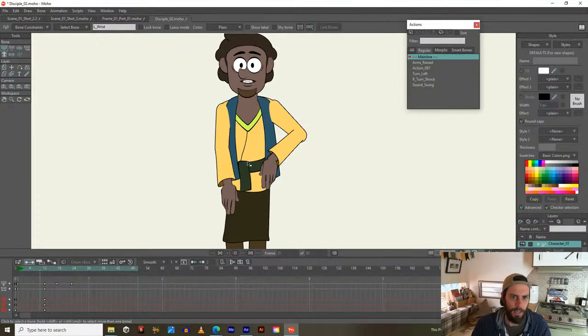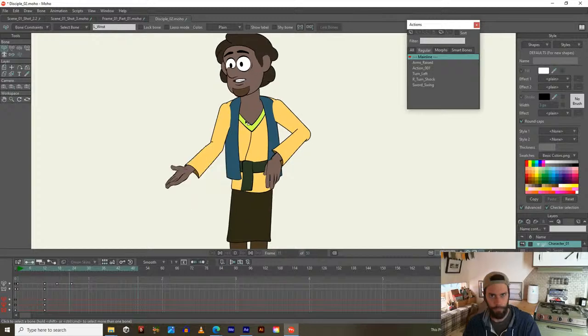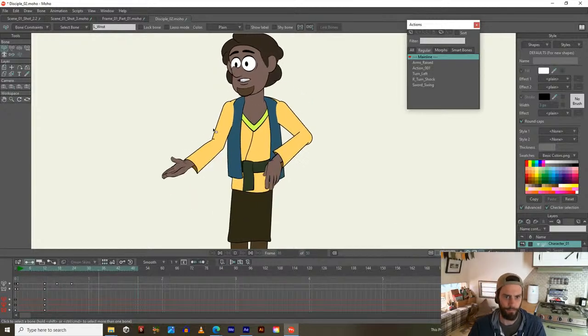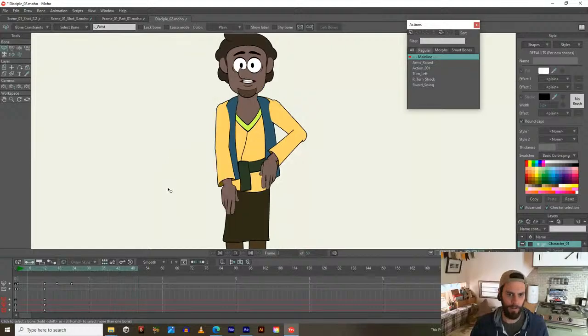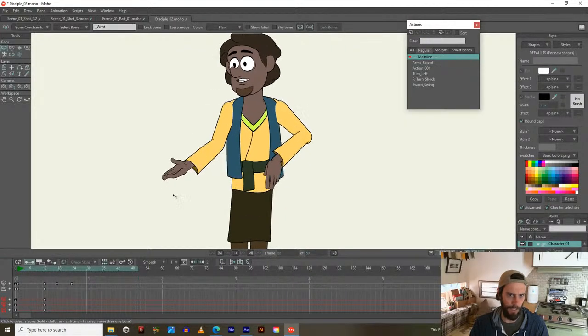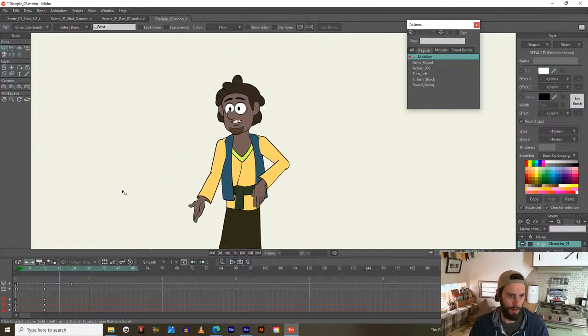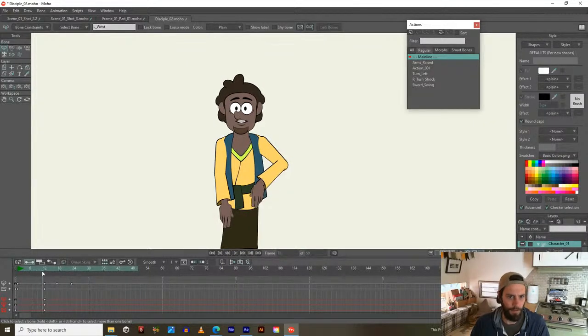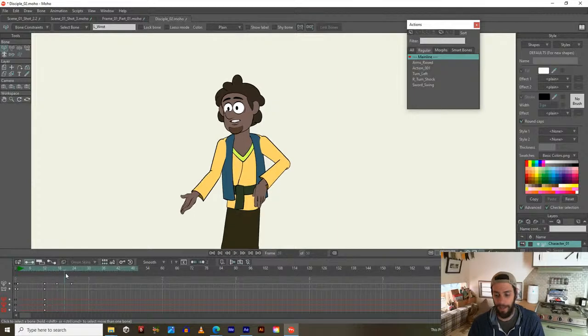So you can see what it's doing is it's delaying that torso rotation a little bit. So it's almost like it's being affected by the hips. It feels a little too delayed, maybe. But I'm just going to leave it for now. Because what I think is really cool,